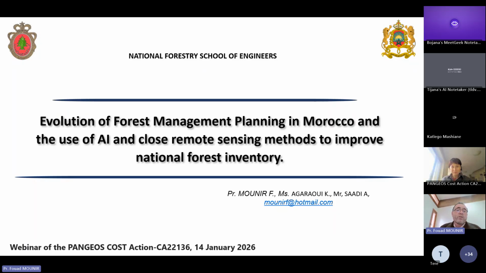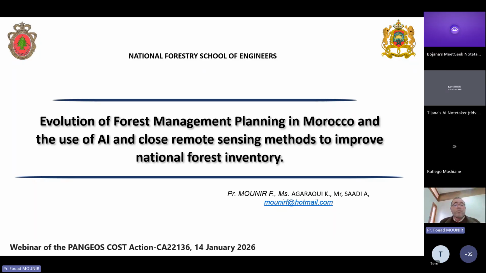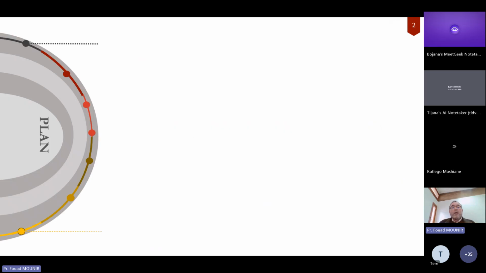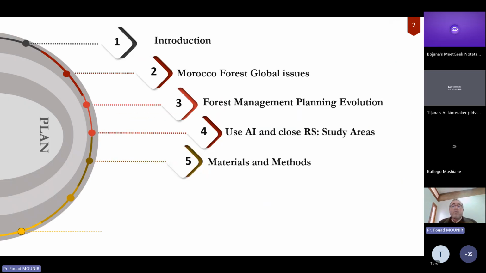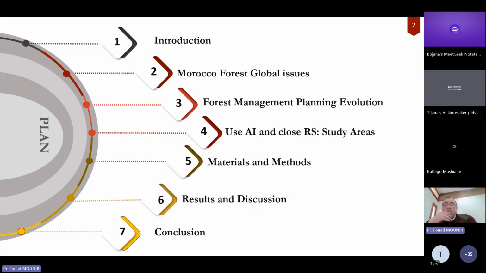My presentation is entitled Evolution of Forest Management Planning in Morocco and the Use of AI and Close Remote Sensing Methods to Improve National Forest Inventory. My presentation will follow the following plan: introduction, Morocco forests, global issues, forest management planning evolutions, the study areas that have been specified for this study, material and methods, results and discussion, and I will finish